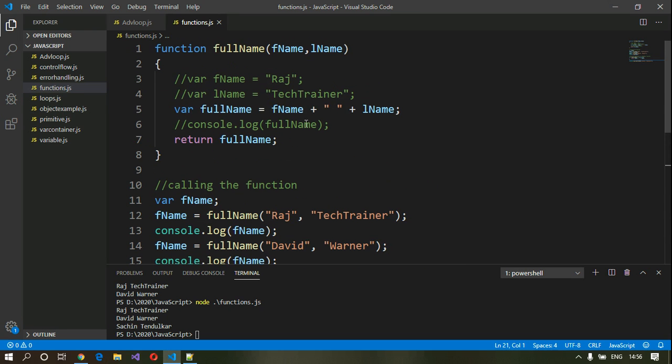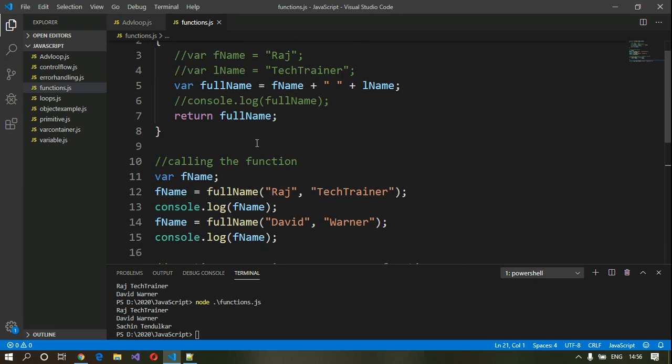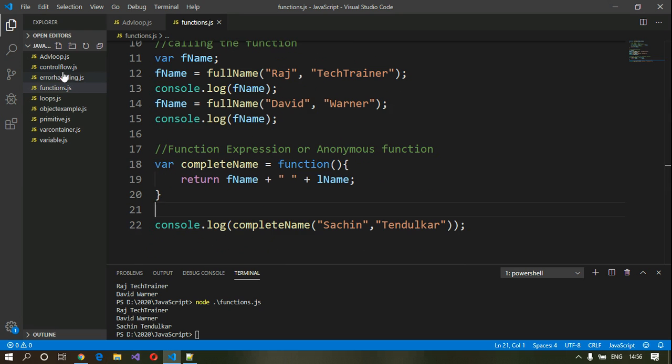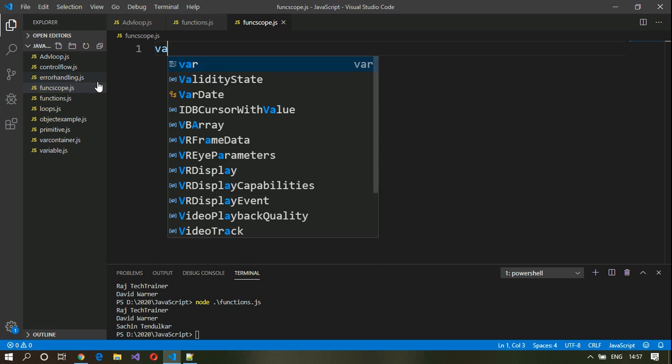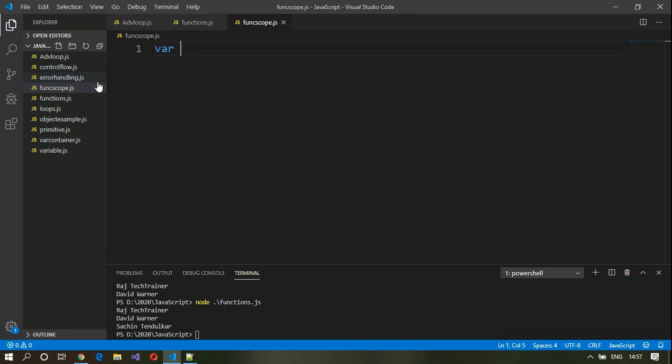So in the last session, we have seen how to define a function. So let me create a new file here called funcscope.js. Okay, so let me again define a function. Before I define a function, let me define a variable here where num1 is equal to 10, where num2 is equal to 20,